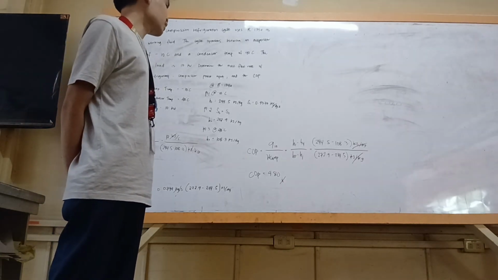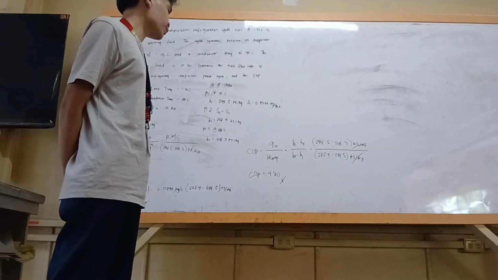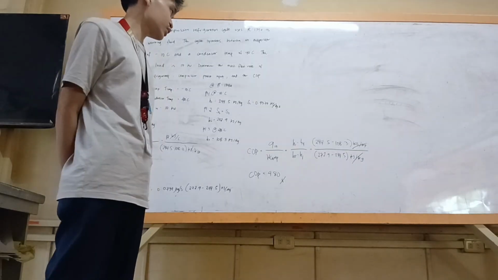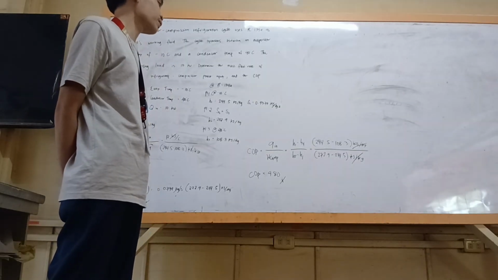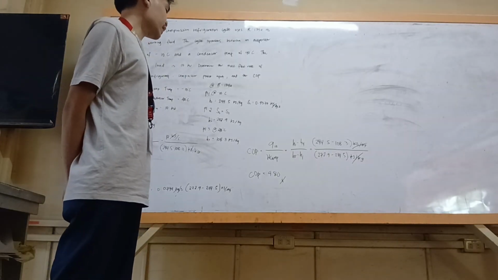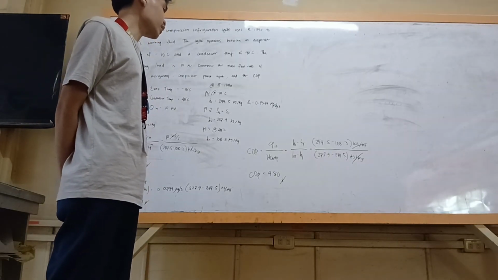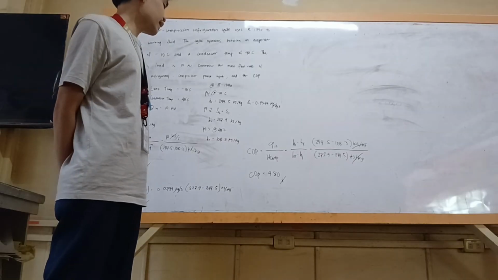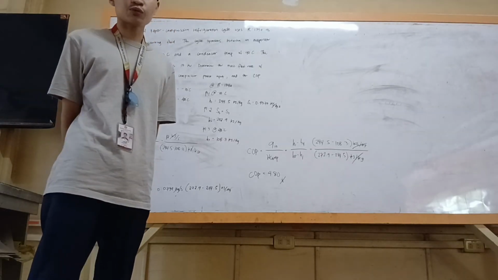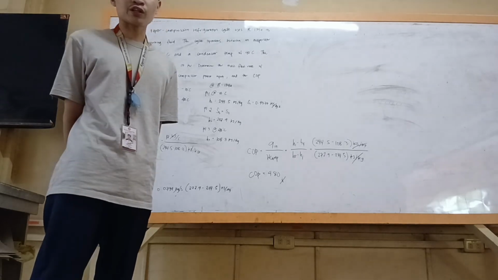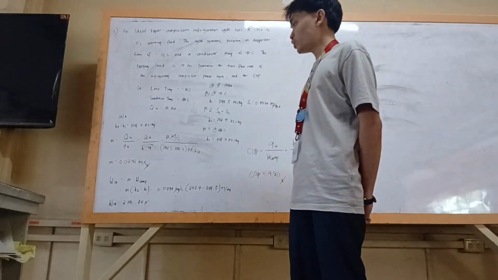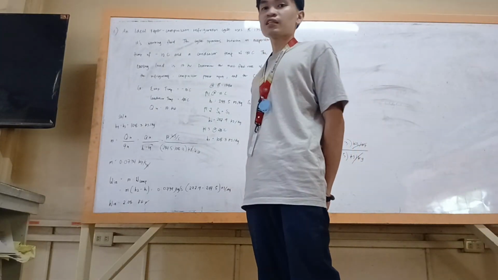At negative 10 degrees Celsius, we can get h1 which is 244.5 kilojoules per kilogram, s1 which is 0.9377 kilojoules per kilogram Kelvin. At point 2, since s2 is equal to s1, we can get h2 is equal to 272.9 kilojoules per kilogram. And lastly, point 3, which is at 40 degrees Celsius, we can get h3 which is 108.3 kilojoules per kilogram.